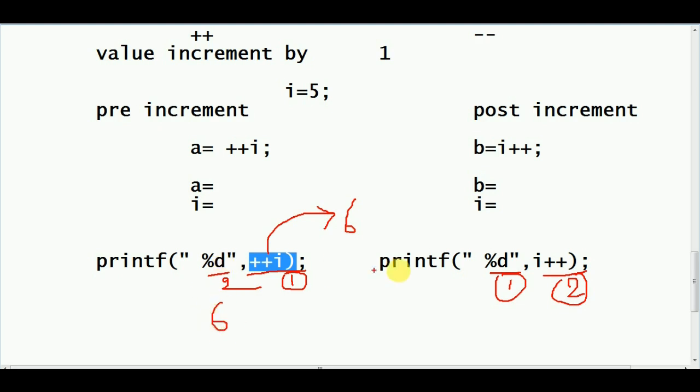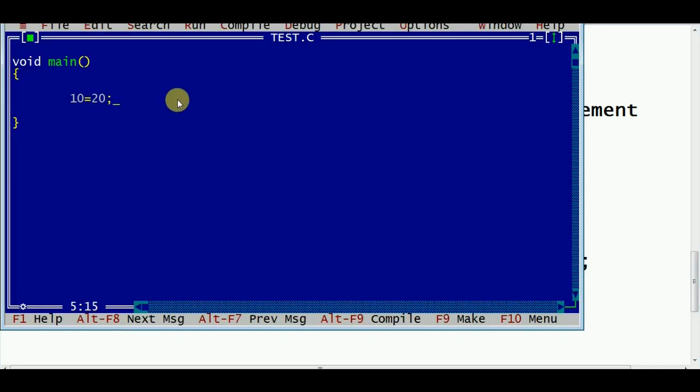Here we first increment, next print. First increment the value, next print the value. In this case, first print the value, next increment the value. Now in the first case, first the i value will be incremented, 6, and that incremented value will be printed.